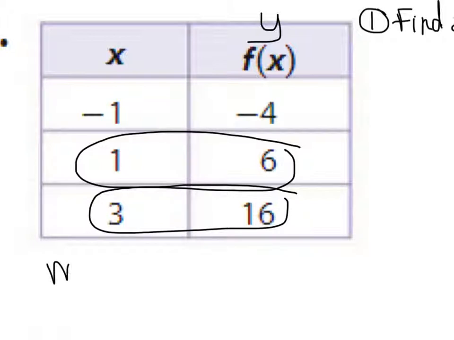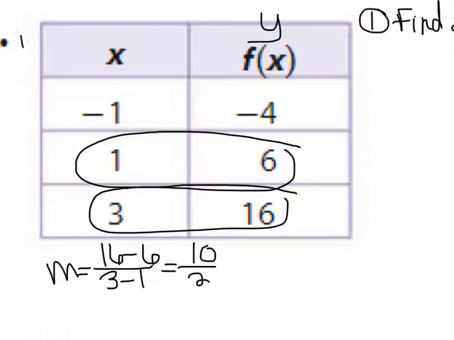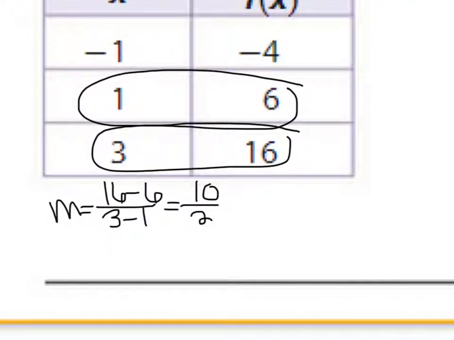So to find m, we're going to go 16 minus 6 over 3 minus 1. 16 minus 6 is 10. 3 minus 1 is 2. Slope always needs to be written in the simplest form possible. So that would be m equals 5. So that's step 1. Step 2